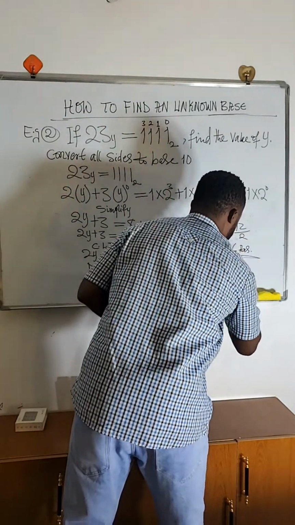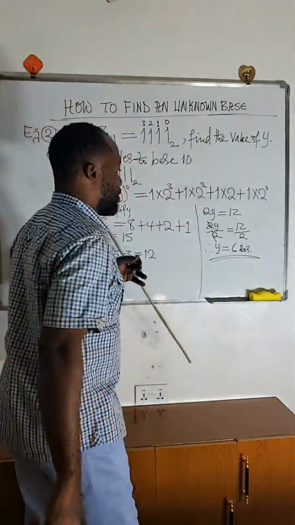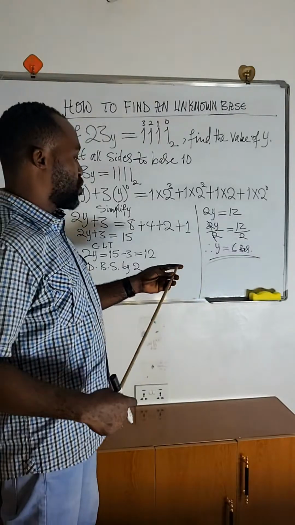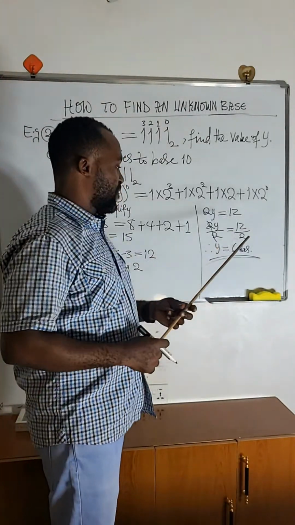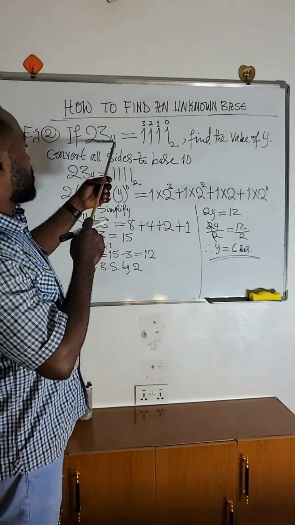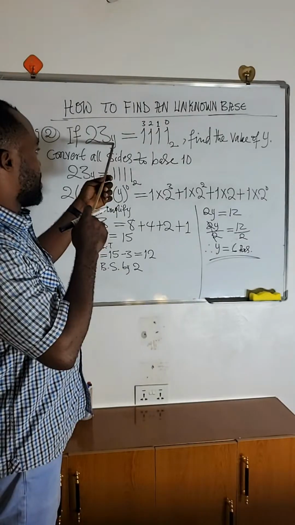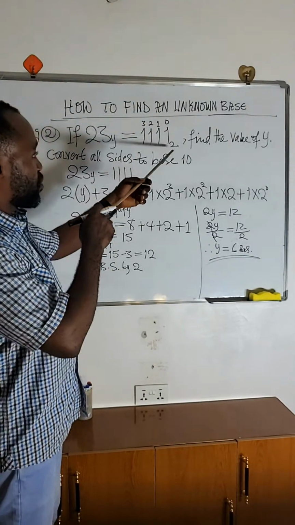That becomes the answer. Therefore, y equals 6. All right. If you put 6 here, 23 in base 6, if you convert it to base 2, you will have